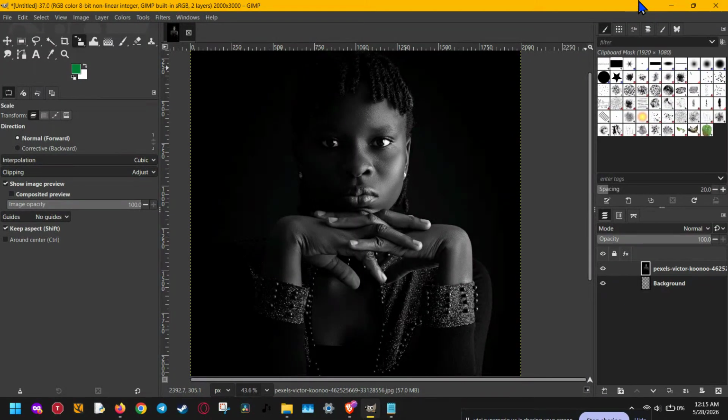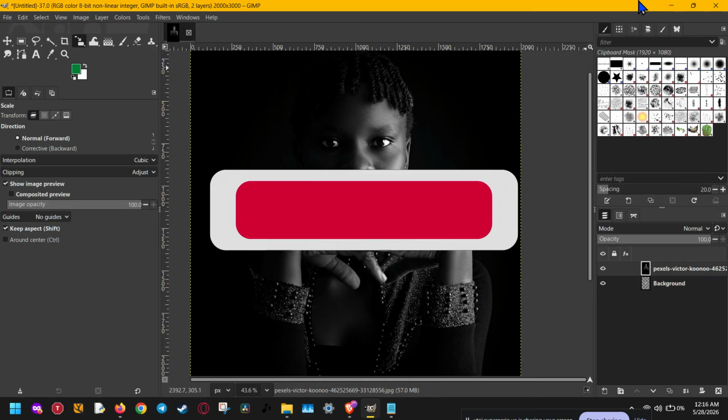In this tutorial, I'm going to show you how to make a text mask effect in Gimp, step by step, using a simple method that gives you a clean and professional result. This is a great effect for thumbnails, posters, banners, social graphics, and any design where you want an image to appear inside your text. It looks advanced, but once you understand the layer and selection workflow, it becomes very easy